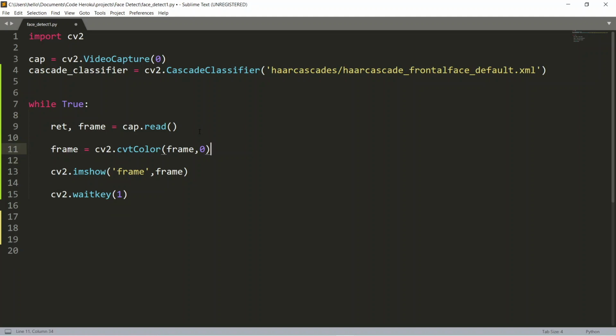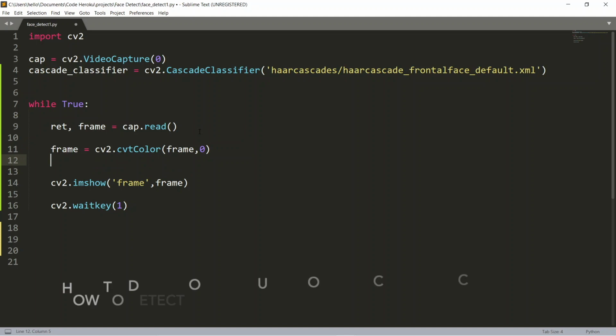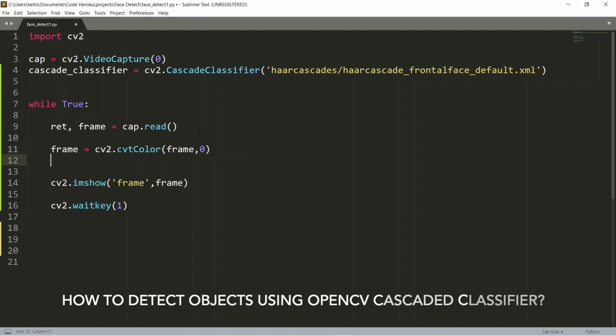Now I don't want everything to seem magic for you, so I would want you to find answers to some of these problems, because the whole point of this video is not to give you a project that you can copy, but to show you how to approach a problem and then solve it step by step. Having said that, can you go ahead and Google which method from the Cascade Classifier class you will use to actually detect the face in these images?